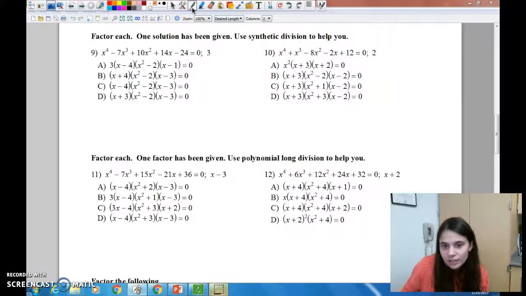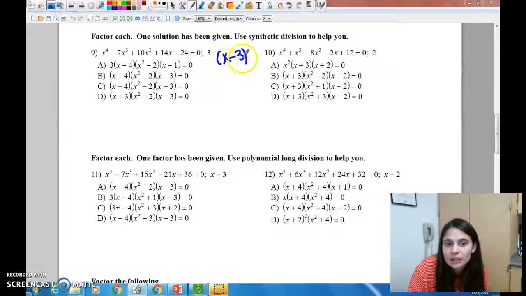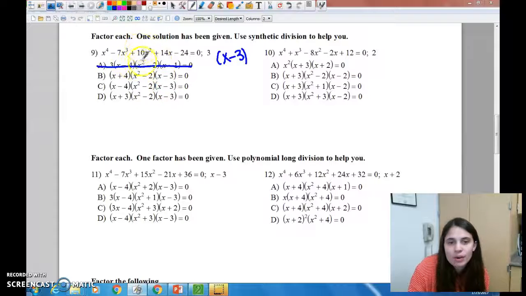Okay, starting on the second page, number 9 asks us to factor, but given one of our solutions. So it's given us x equal to 3, and we're using synthetic division to help us. So we already know right away that one of our factors is x minus 3, because that's where this 3 came from. If I were to set x minus 3 equal to 0, I'd get x equals 3. So I can already, before I even do the problem, rule out A as an option because it doesn't have an x minus 3. But that's about all I can do, so I'm going to go ahead and do the